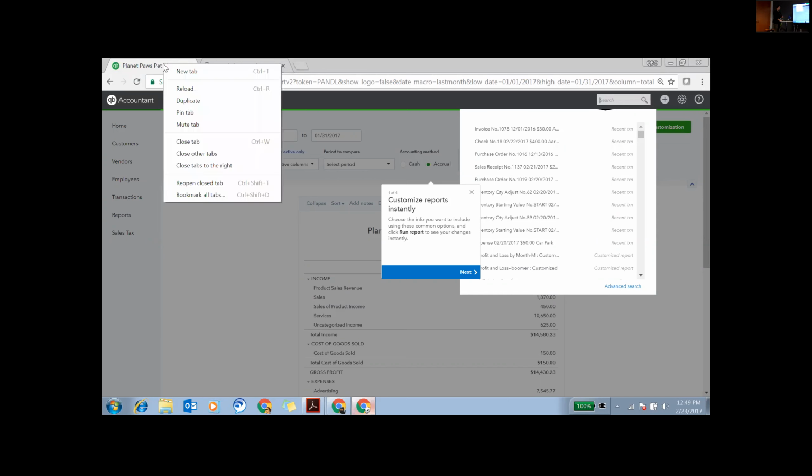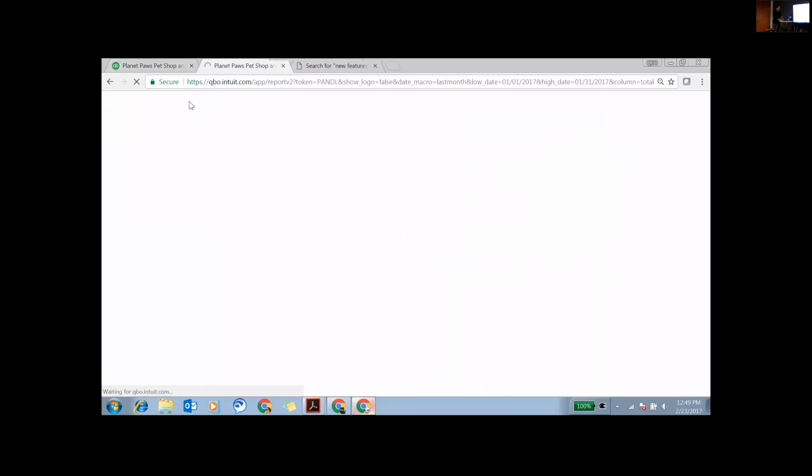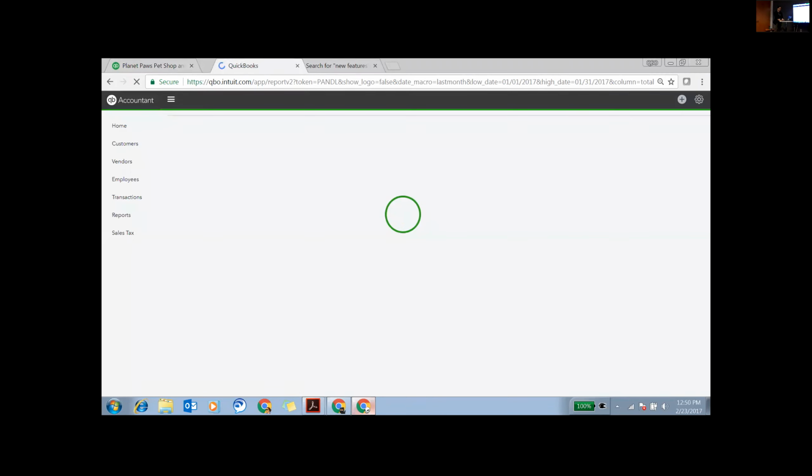I also like to duplicate. So you can right click and duplicate tabs. It's just kind of a browser trick. So if you want to run reports side by side, that's how you would do it. And then you can drag them to the sides of your screen,